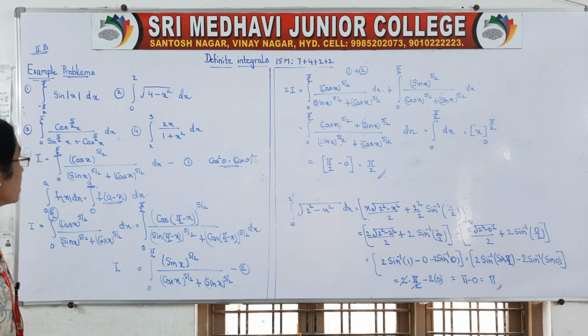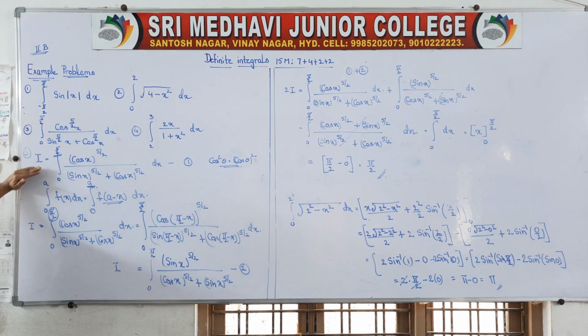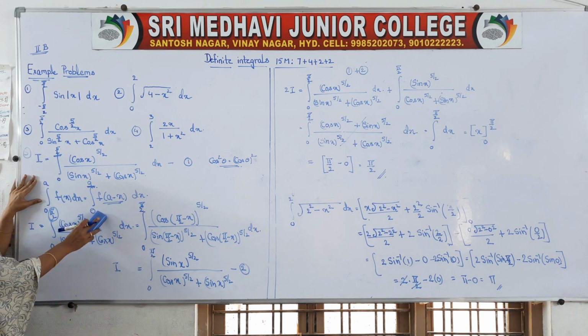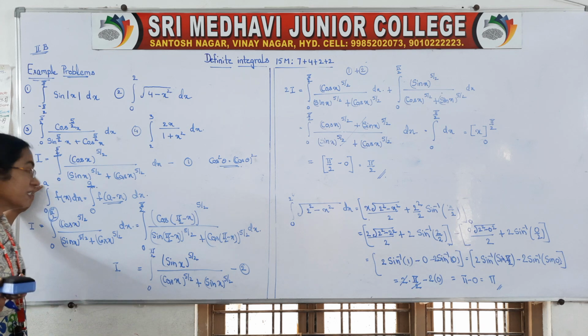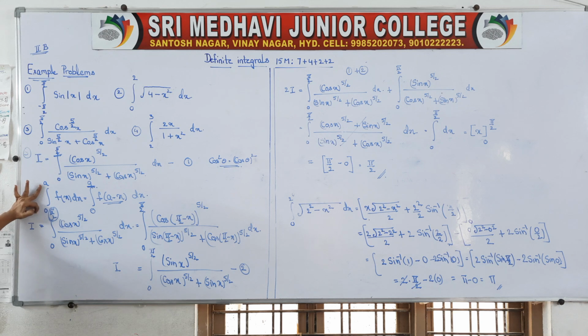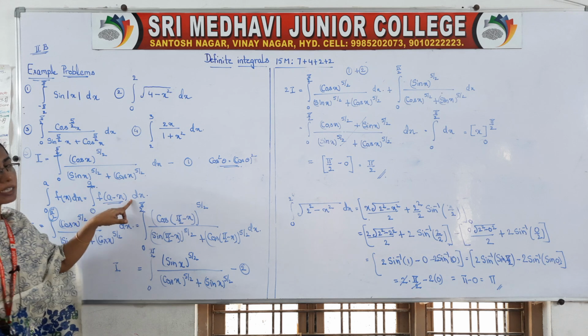Okay, so this is our third question. So observe carefully, 0 to pi by 2. This function is given to you. So you take I is equal to that function. And the most repeated formula in definite integral is 0 to a, that means the limits are from 0 to some value. Instead of a, already I said so many times, general form, right? So here instead of a, you can have any number. So integral 0 to a, f of x dx can be taken as integral 0 to a, f of a minus x dx.